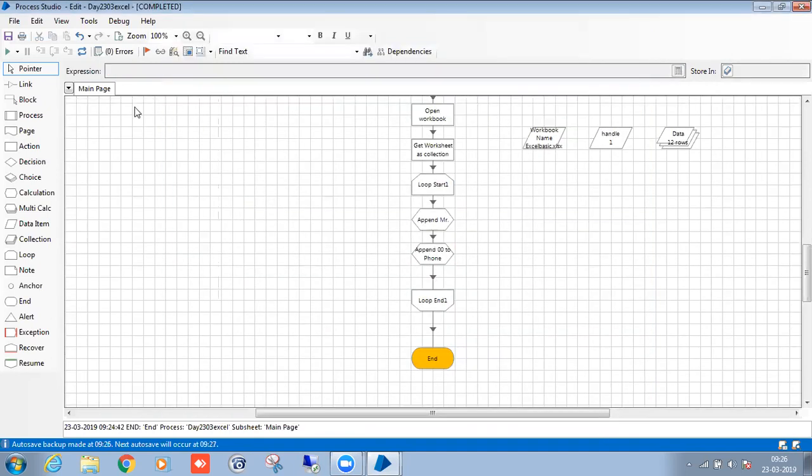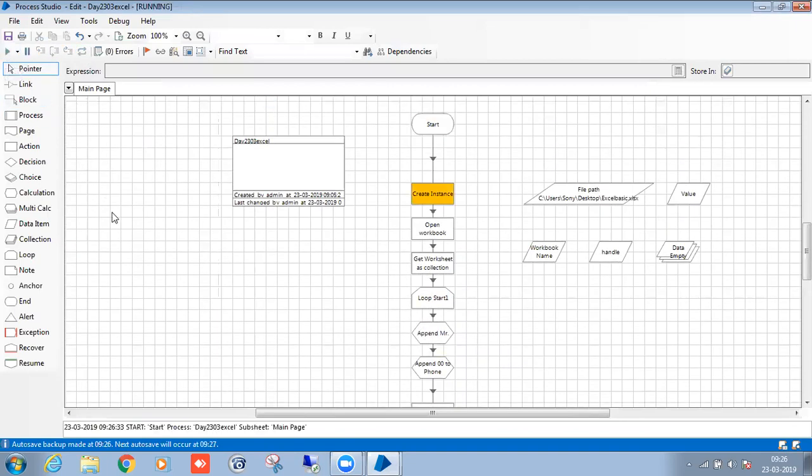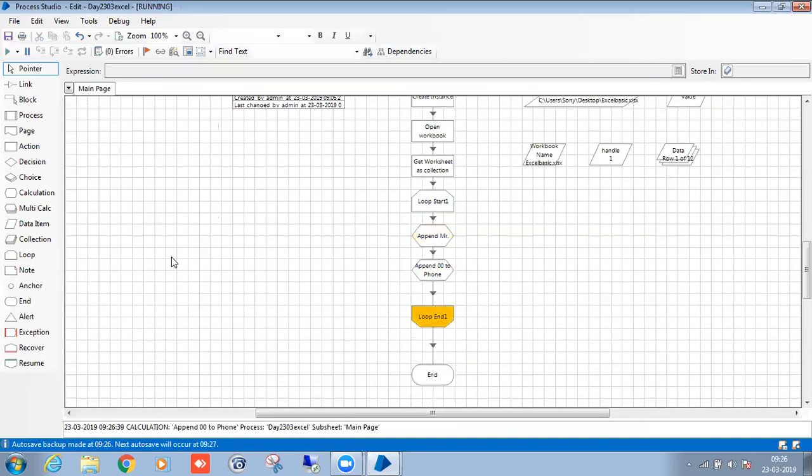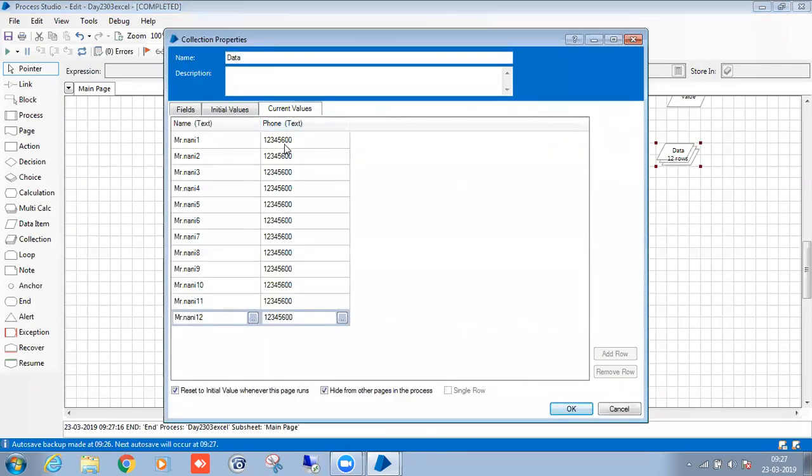Click on OK. Refresh and run the process again. Done. Check the collection. See, 2 zeros are added.